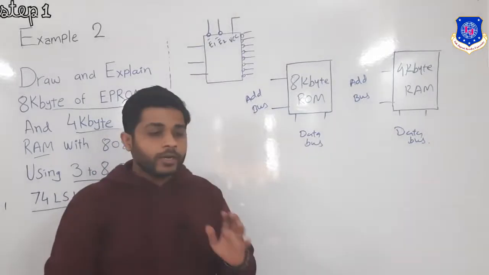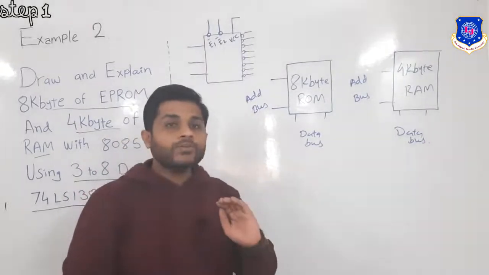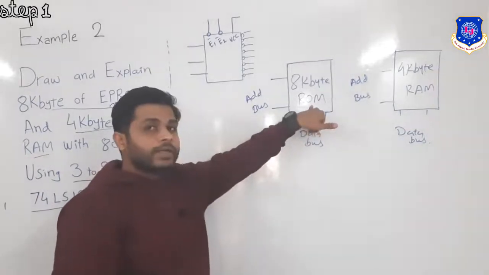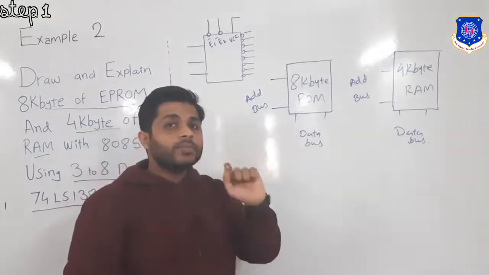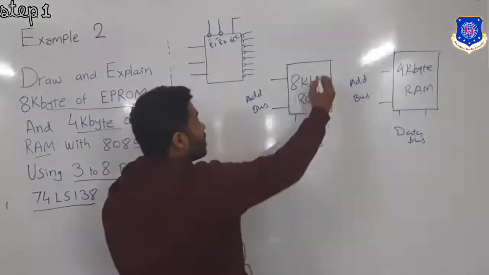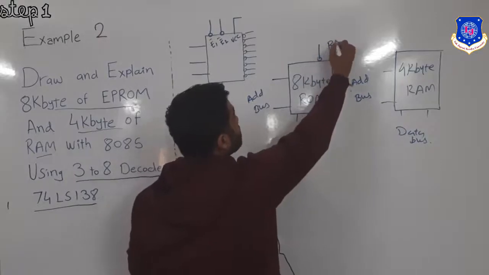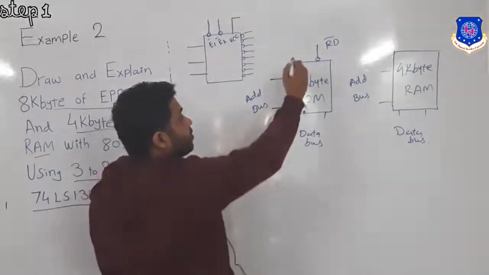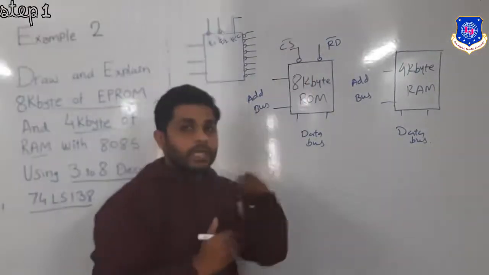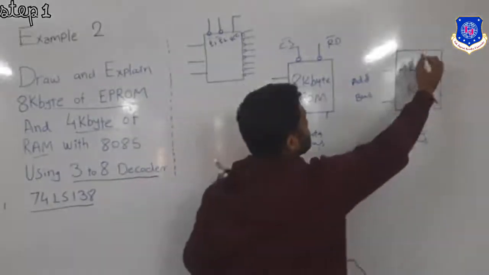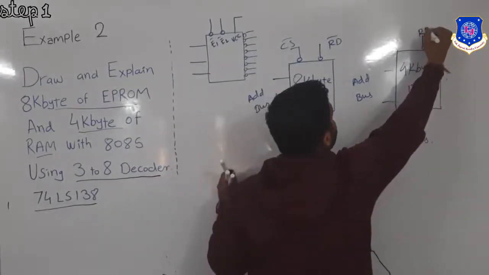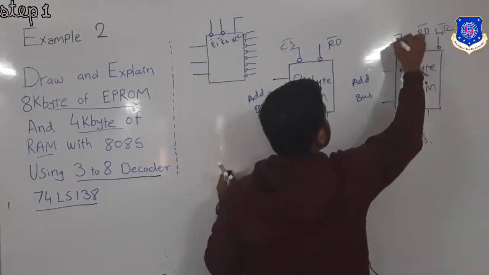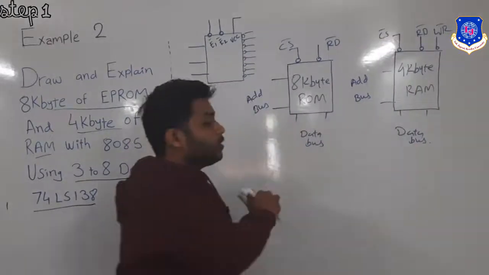Now always remember, students, the control signal totally depends on which type of memory we are connecting. Right now in this case we are connecting ROM. For ROM there will be only one control signal available in the memory, which is read bar, because we can only read the ROM, and there will be one chip select. For RAM there will be two control signals, read bar as well as write bar, because we read and write the memory, and there will be one chip select in this memory.